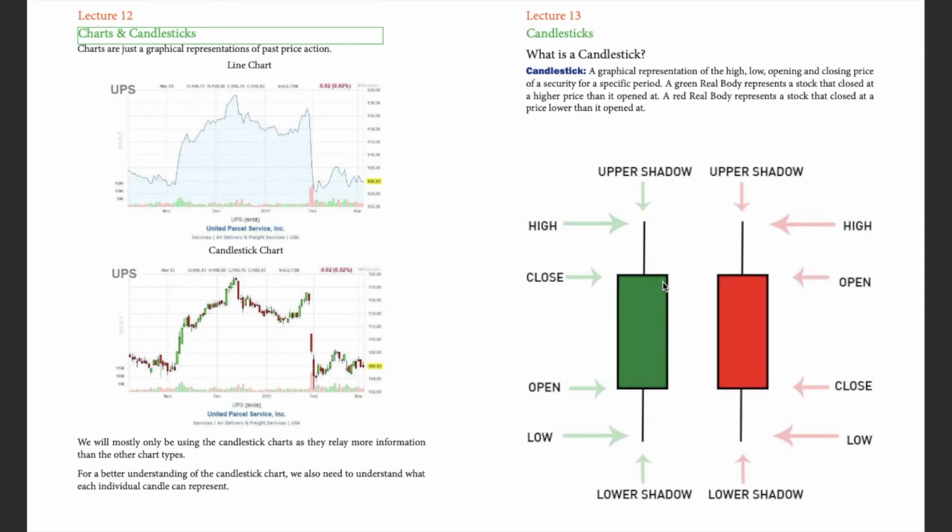So let's get into an example. Let's say a green color candle just opened at a price of 100. On a particular time frame, this candle just opened at 100 rupees. Now the time is running. We are representing this as a 5-minute time frame, so let's keep it as a 5-minute time frame.